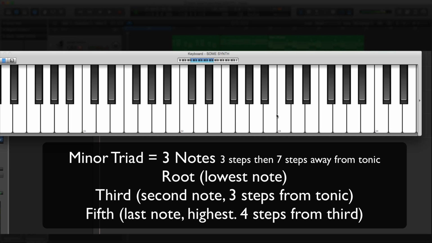And now we have a minor chord, G sharp minor, or A flat minor. Okay, so that's how I like to look at making chords. And the reason I like thinking of it that way is because if I'm playing in a key that I'm not comfortable in, and I need to do a genre that I haven't done a lot,